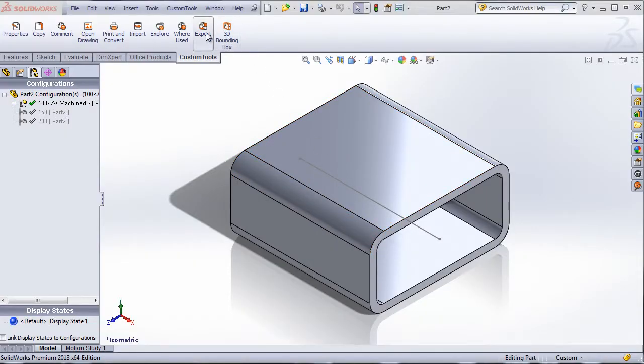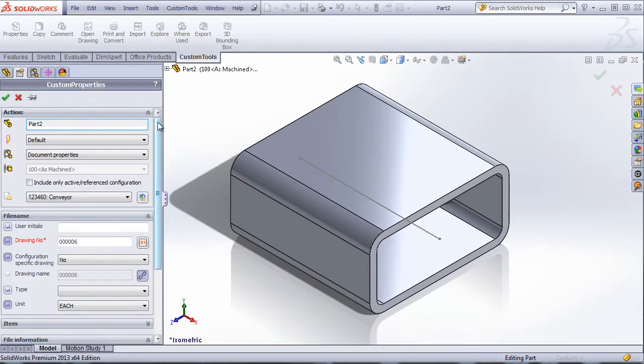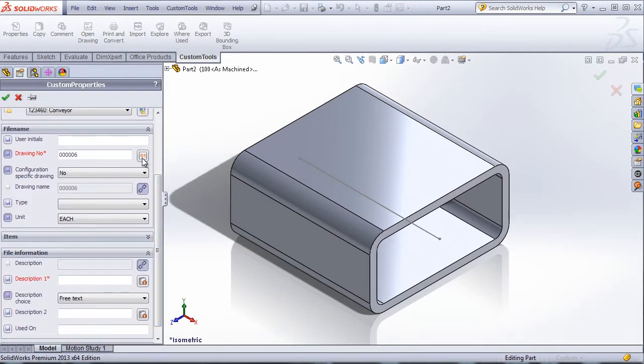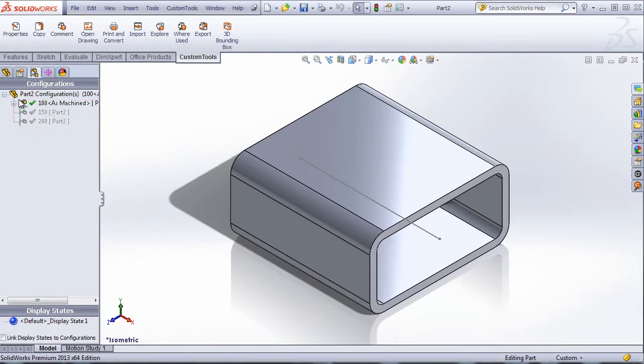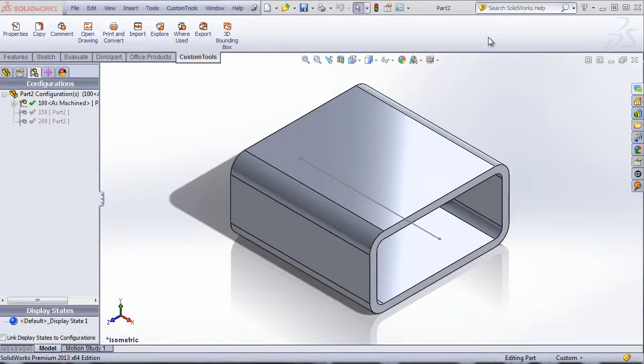Some modifications have been implemented in the user interface. As you can see, the icons have been redone. Also in the custom property, where we used to have icons, for example, for the sequences or to open the dictionaries, we have new icons. In addition, the names of the functionalities have also been modified. Basically, we have removed "custom" from all the different functions, and custom structure has been replaced by export.